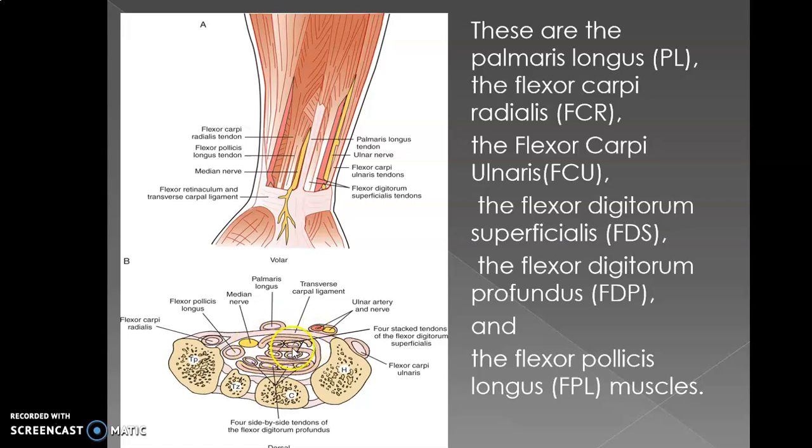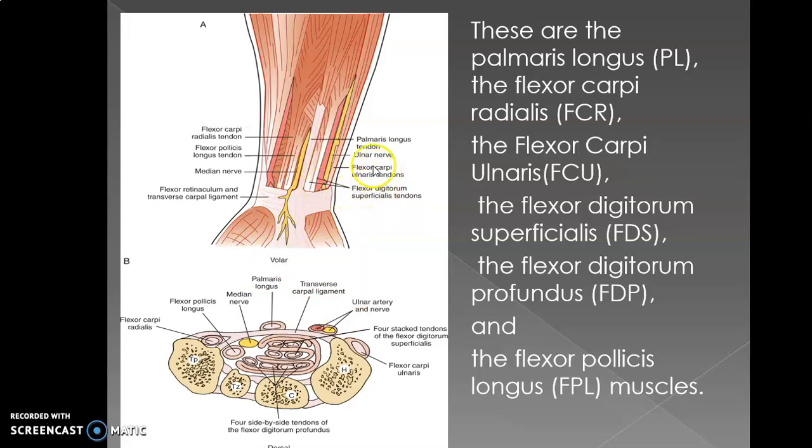FDS is kept in two rows, superior and inferior position, covered by two soft tissue structures. So again, repeating, you can see the palmaris longus tendon in this view, the two yellow structures, the ulnar nerve and the median nerve, and you can see the flexor digitorum superficialis, which after entering this band is what we are seeing here. So this structure comes and then splits into four tendons, the same muscle splitting into four tendons attached to the four fingers.